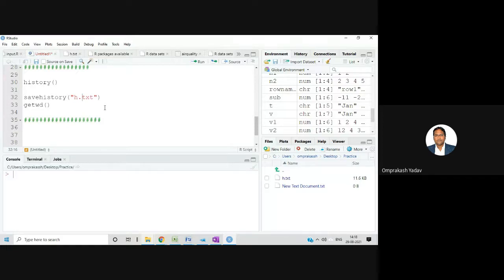So we know that only the characters or the letters will be written. So it's better to save in the .txt file. It's easy for us to open it with the Notepad software. Okay.